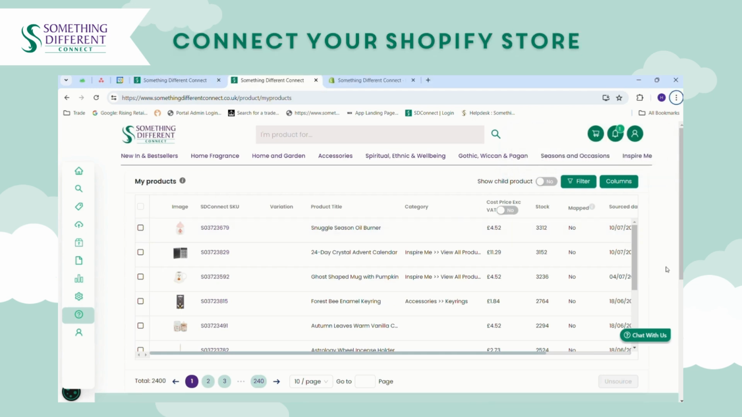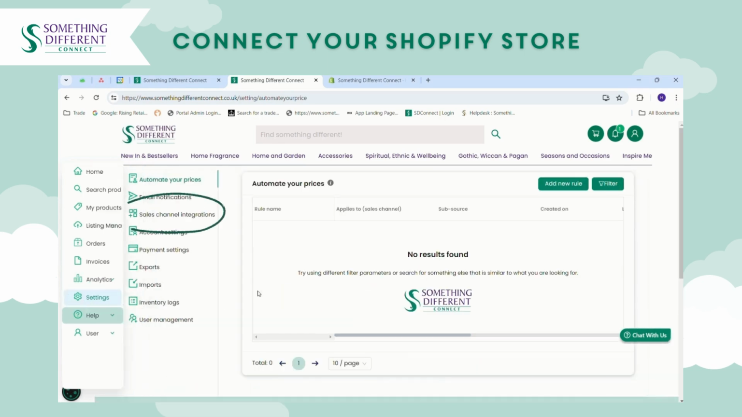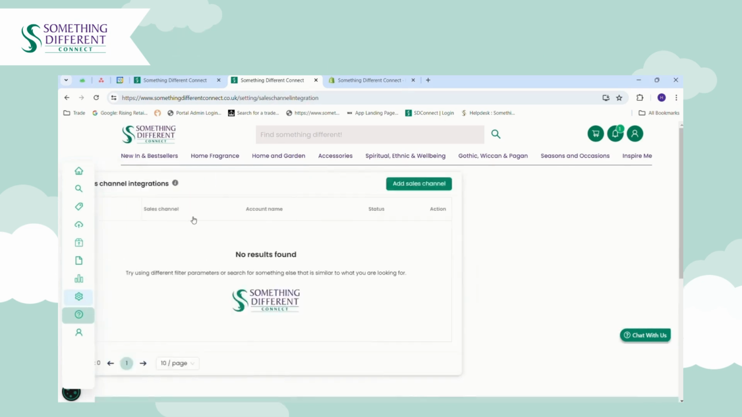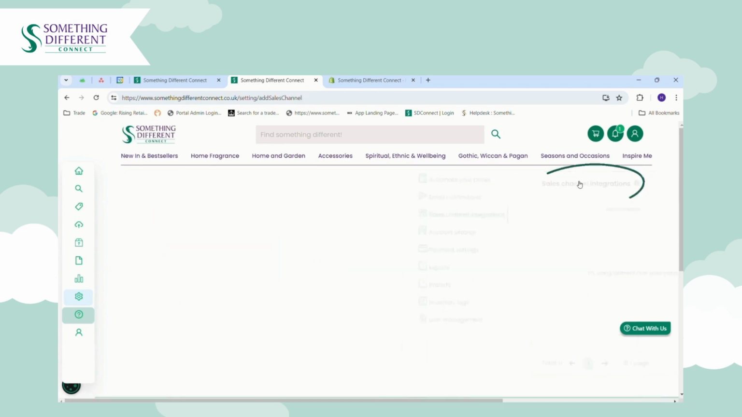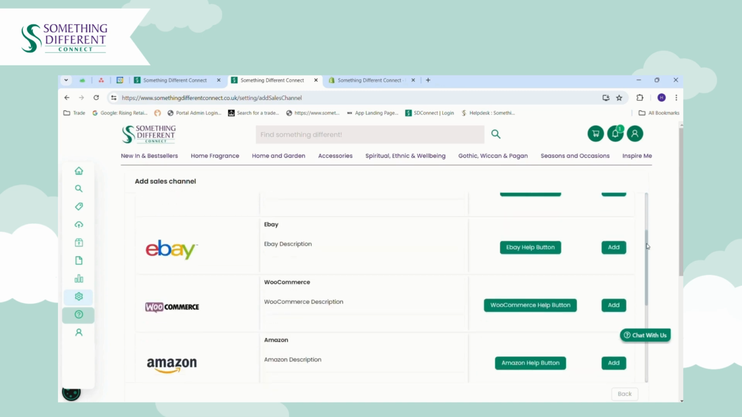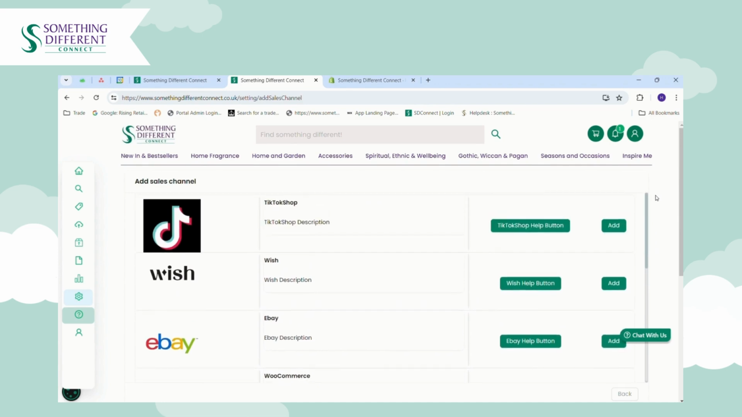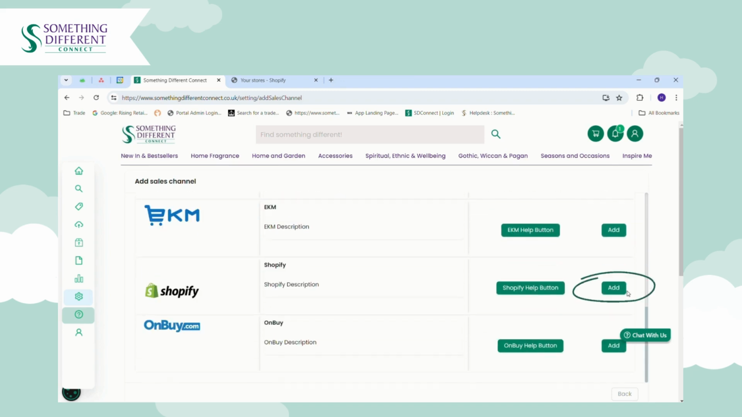Now that you've chosen products that you'd like to sell, you can connect your sales channel. So to do this, just go to Settings, Sales Channel Integrations, and Add Sales Channel. And if you just scroll to the integration that you'd like to add, and then just click the Add button next to it. We're going to show you how to integrate Shopify. So if we just scroll down to Shopify and click Add,